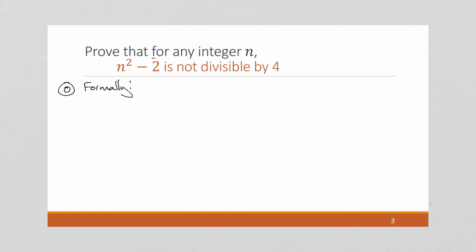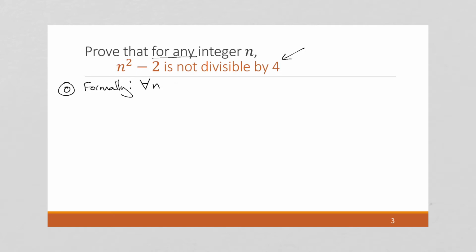So we say for any, that's the same thing logically as for all integers n. Ooh, but now what's my if then? I don't know quite how to turn that n squared minus 2 is not divisible by 4 into an if then. So here's an opportunity to use the trick we've learned,